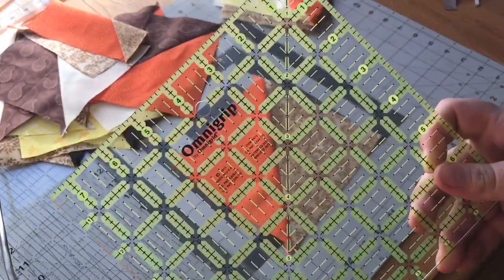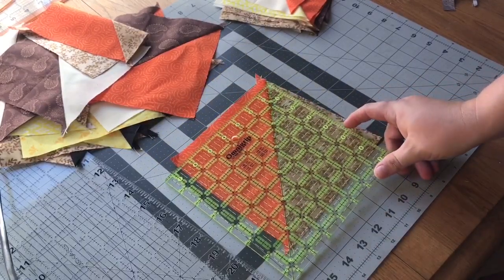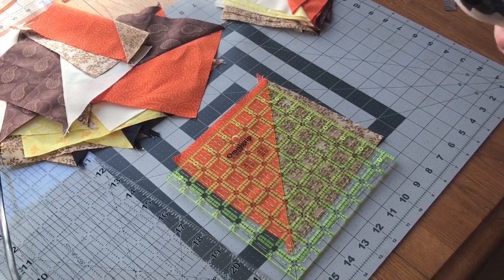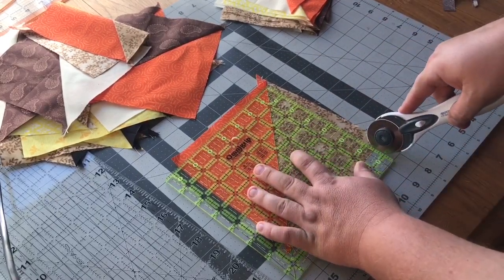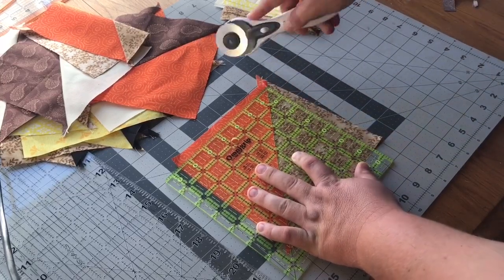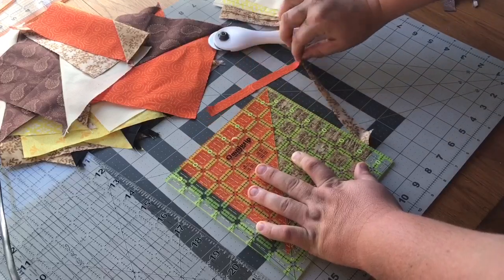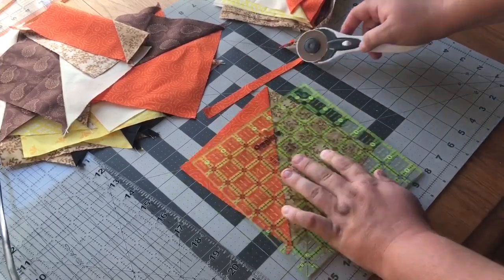Now I'm taking a 7.5 inch ruler, and you can see the diagonal line. I'm lining the diagonal line up on my ruler with my seam. I'm going to go ahead and trim down either side of the right and the top. Now once I get that good and trimmed, I'm going to flip it around,